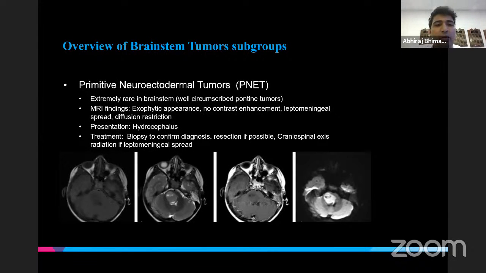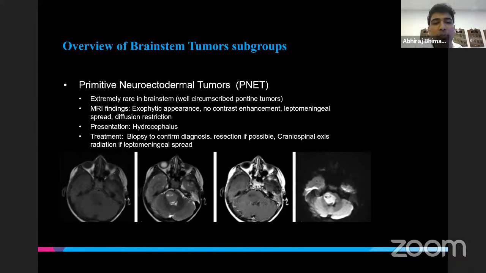The next one is primitive neuroectodermal tumors, also known as PNET. These aren't very common, but they're fairly interesting because these are rare brainstem tumors that are well circumscribed and present as well circumscribed pontine tumors. They're obviously different from DIPGs in terms of their presentation and prognosis. They have an exophytic appearance on MRI, and they do not have contrast enhancement, which makes them